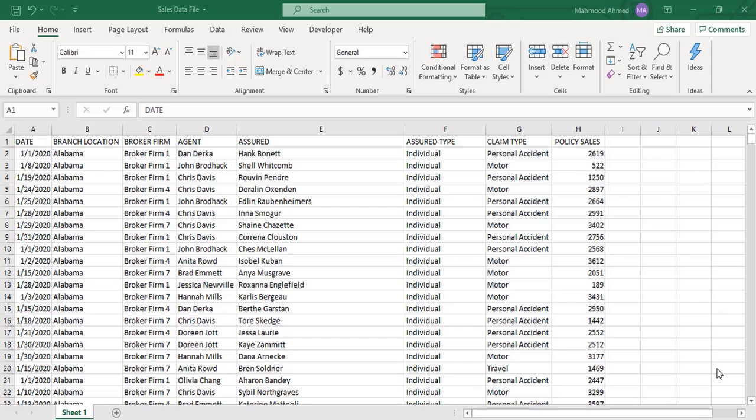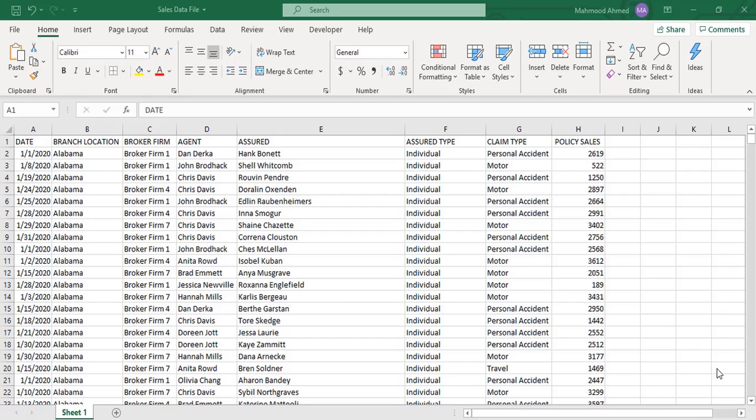Now we're going to expand on our example to show, in real time, how much time is spent on these tasks. We're going to start with an insurance sales report. It displays the sales made by agents in January. We will begin with this sheet and work through the example to illustrate how many steps it takes to do